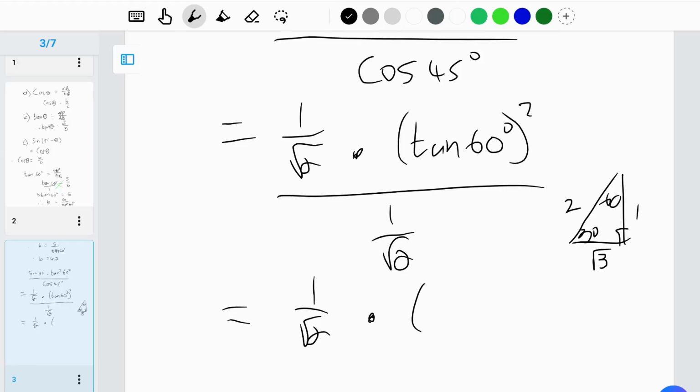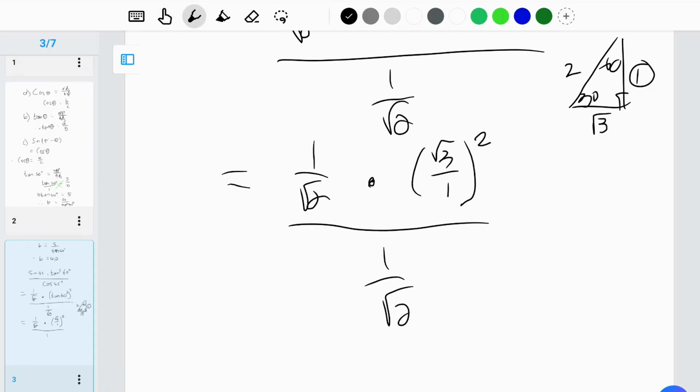Tan 60 is opposite over adjacent. What is opposite the 60 degree angle? It's root 3, so it's root 3 over 1, because adjacent to the 60 degree angle is 1, squared, all over